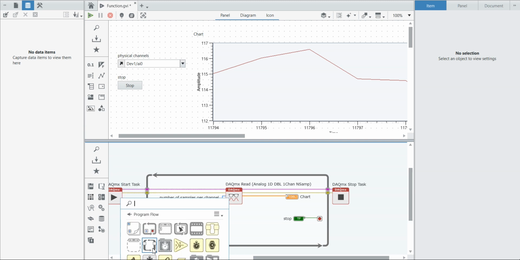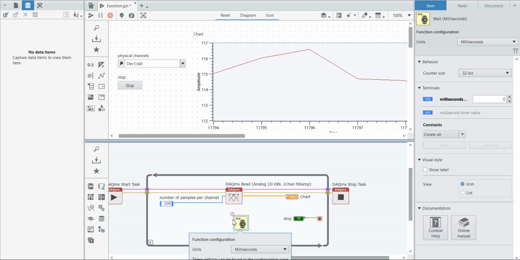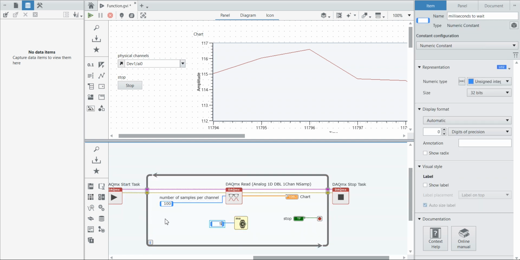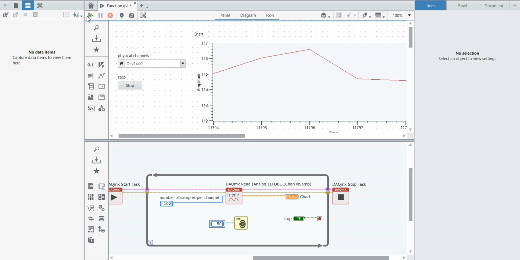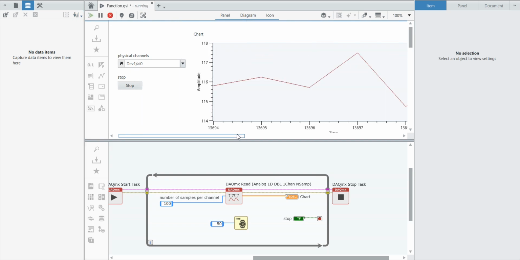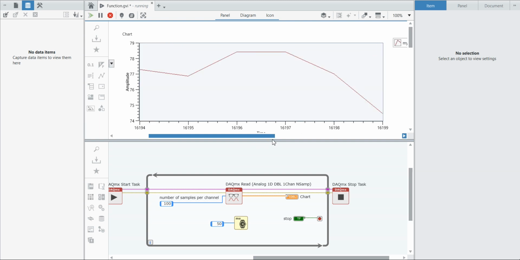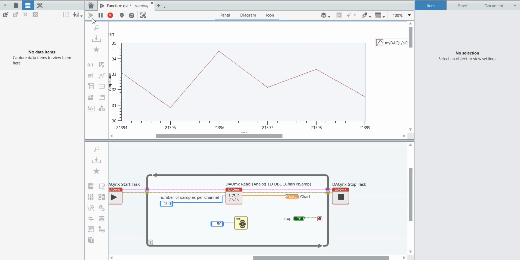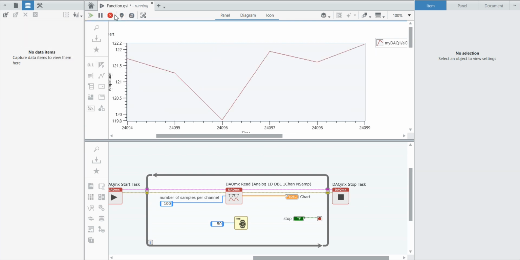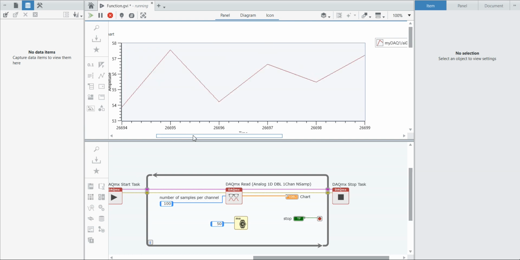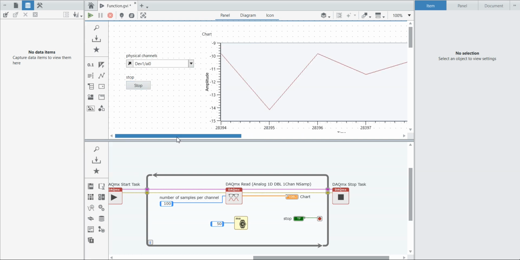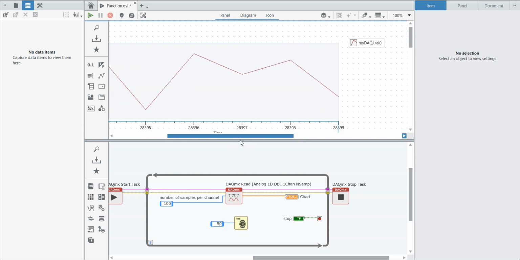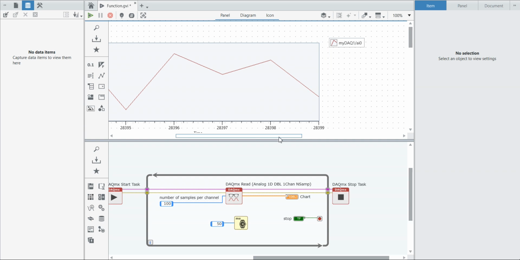I will take the wait millisecond function here, and I will provide 10 milliseconds or 50 milliseconds, and I will run. Now it's acquiring our analog data.